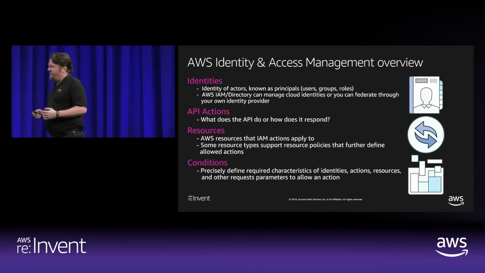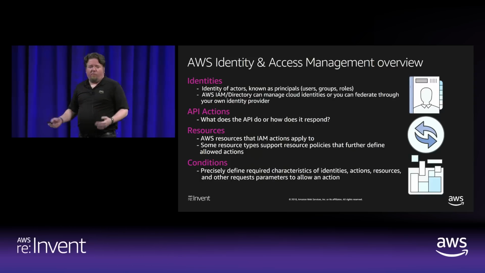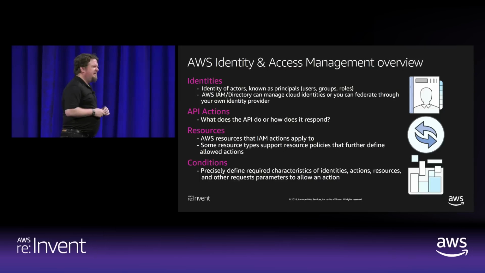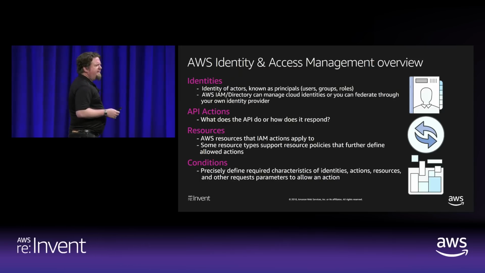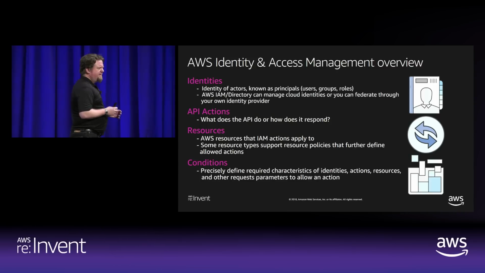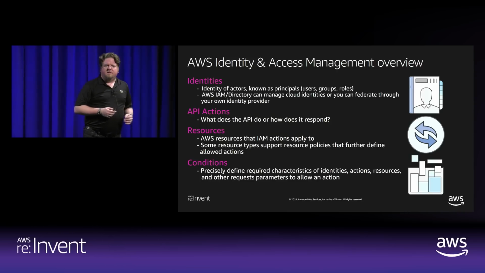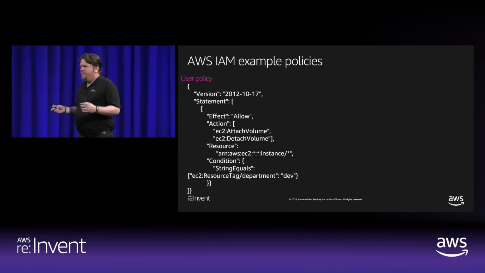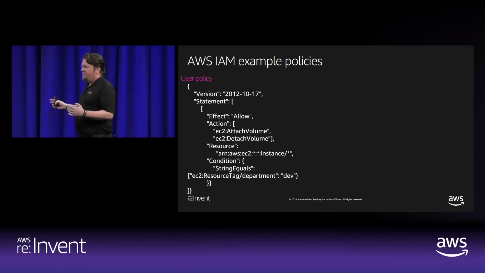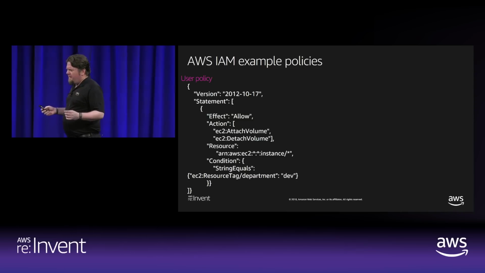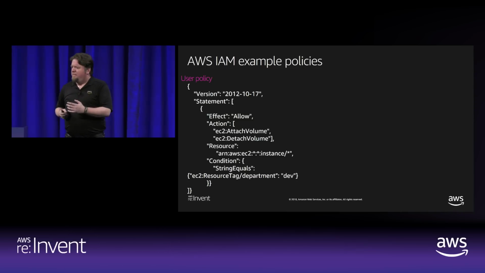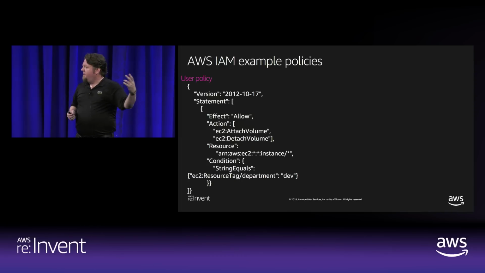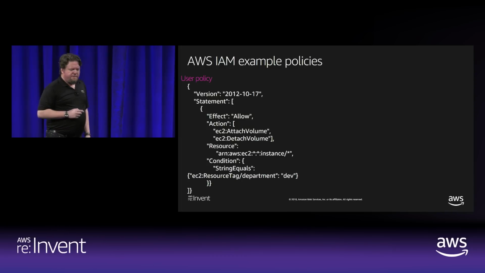And under what conditions? From what originating IP? From what region? And then there's service-specific conditions as well. You're allowed to create a bucket, but only with these characteristics. You can launch an RDS instance, but only certain engine types. We solve for this problem using declarative policy language across the platform. Policy language can be attached to the principal, the actor, the identity. Policy language can also be attached to resources.